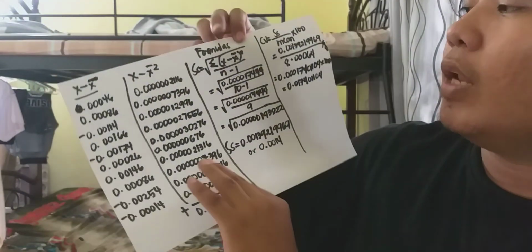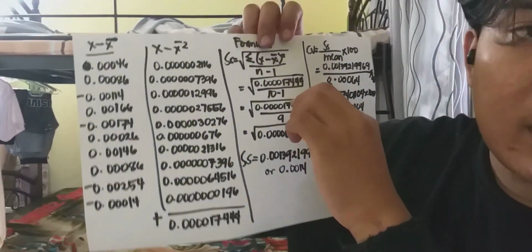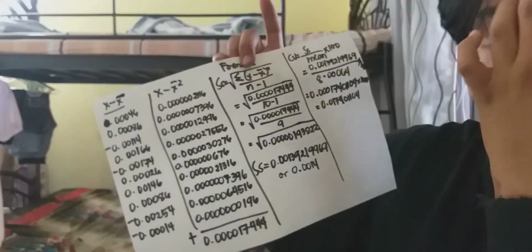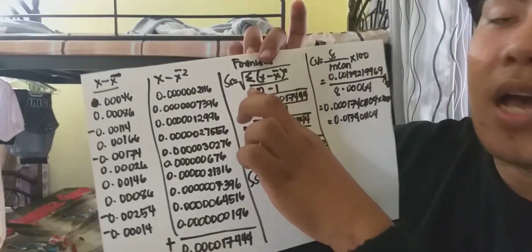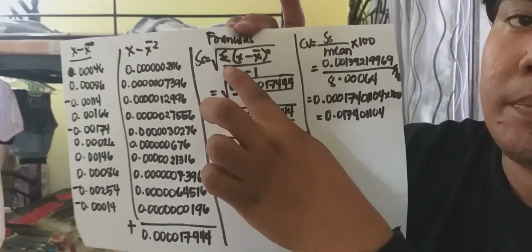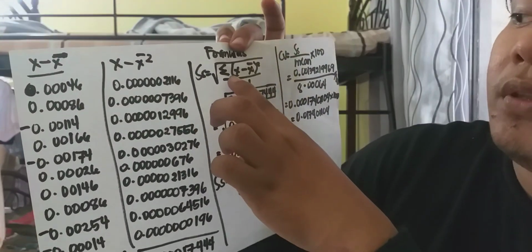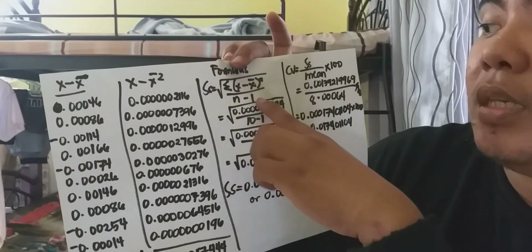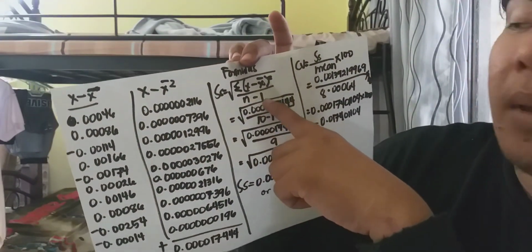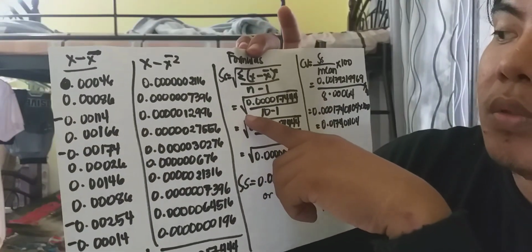So, in getting our standard deviation, we need this formula. Standard deviation is written as a small s, and it is equal to the square root of the sum of the square of the deviation from the mean over the count minus 1. So, the answer is equal to the square root of